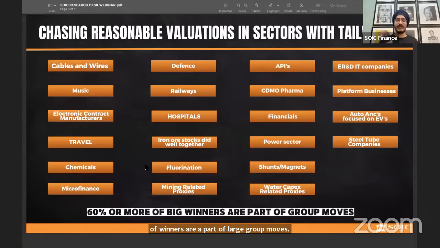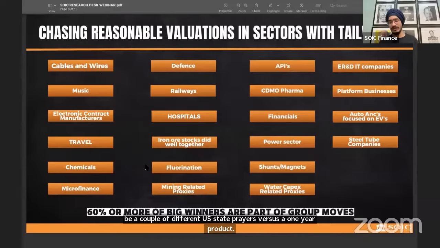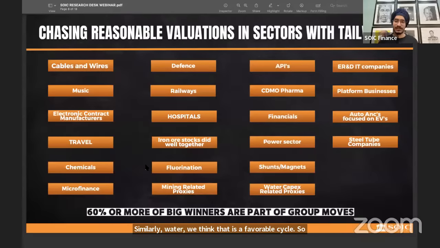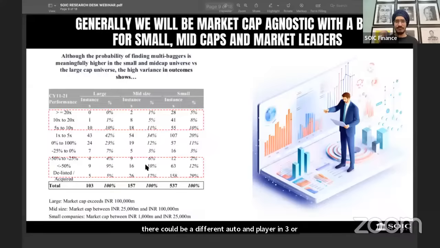So ऐसा भी हो सकता है, see 1 and 3 year product में, let's take an example of real estate. We like the real estate sector today because we think it might do well over a period of time. तो ऐसा हो सकता है कि 3 year product में there'll be a couple of different real estate players versus a 1 year product. Similarly, auto ancillaries में we think that is a favorable cycle. So there could be a different auto anc player in 3 year product versus a different player in 1 year product. तो दोनों के बीच के जो की डिफरेंसेस है वो हम एनालाइज करेंगे. बट